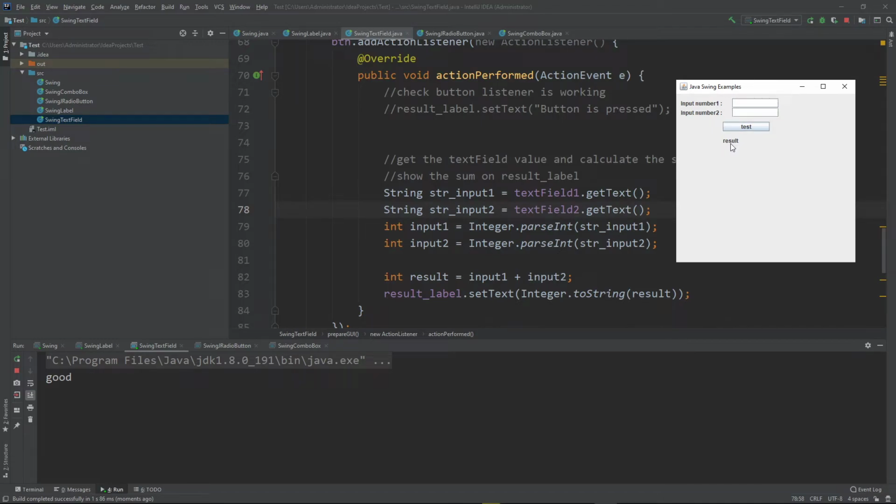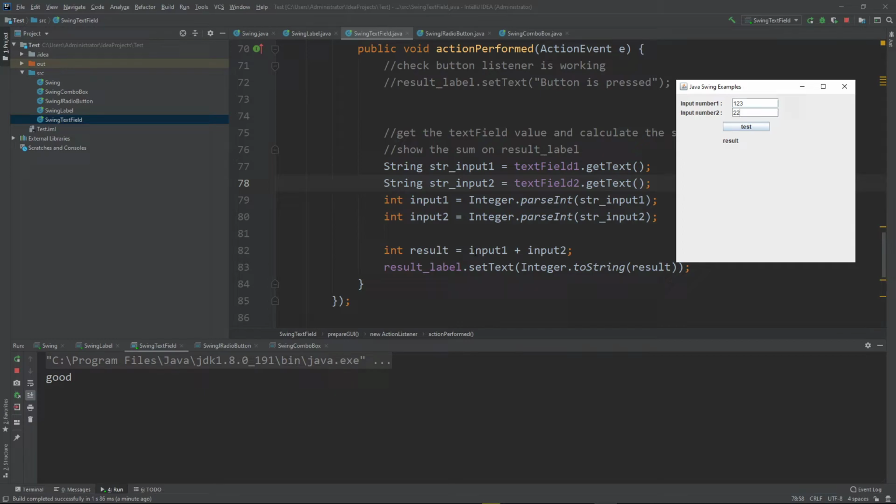Here, the result. So how can I get the value from here? Text field 1 is this one, right? textField1.getText. Then it will return something here as a string. The same happens for text field 2, which will also be stored as a string. And we know we can change this string to an integer, right? We can parse it. So we use Integer.parseInt on those values, and we calculate the result as the sum